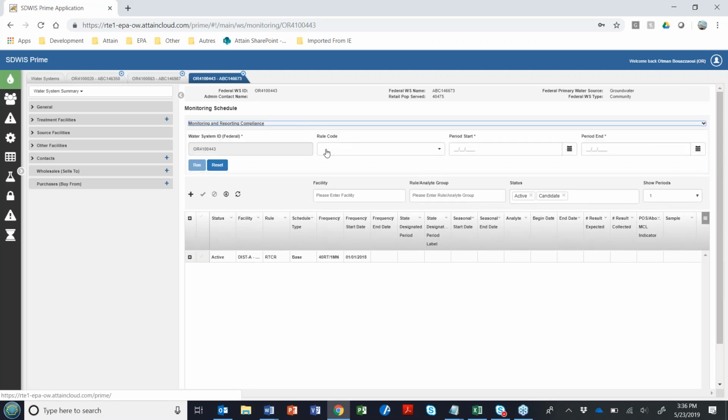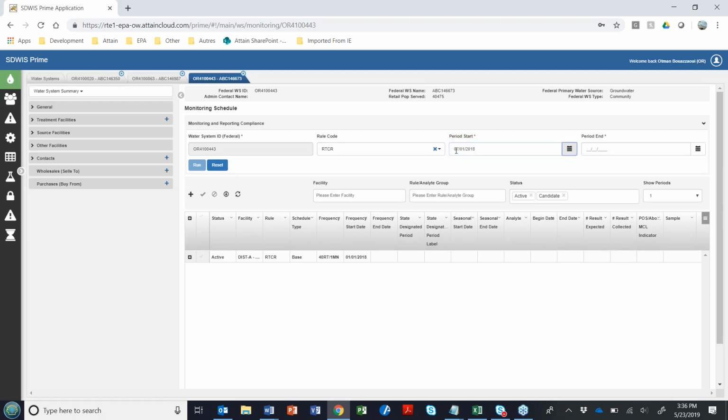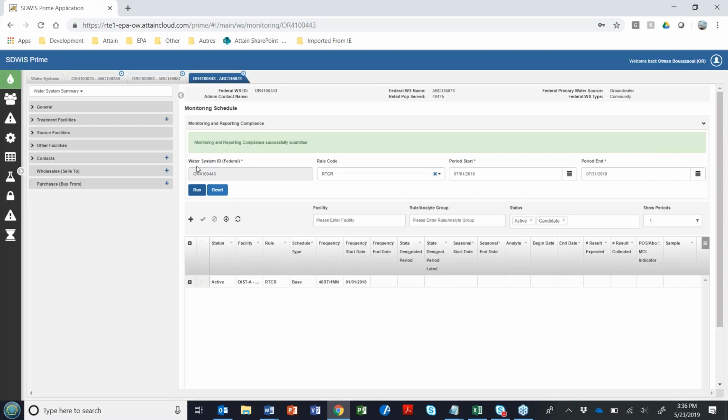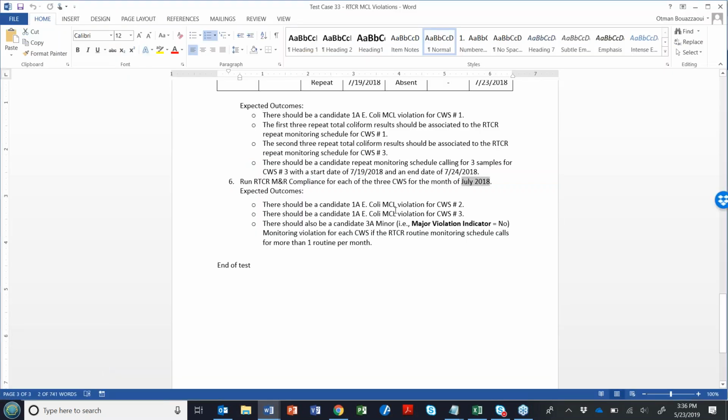Again, click here to expand this section. Select RTCR. Then go from July 1st to July 31st. All right. So we ran MNR for the month of July of 2018.